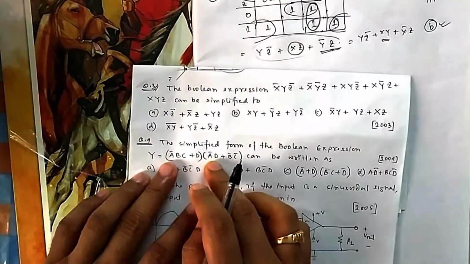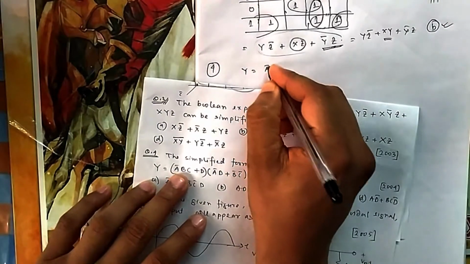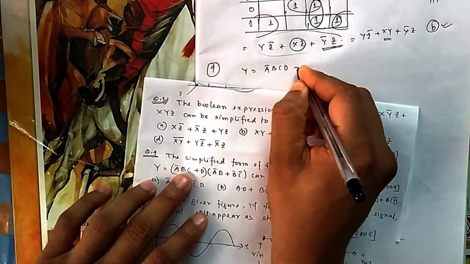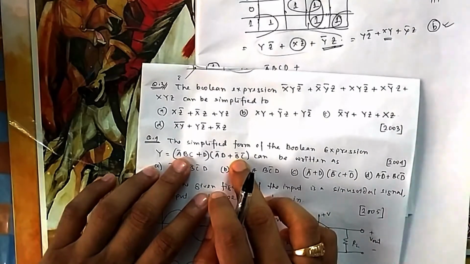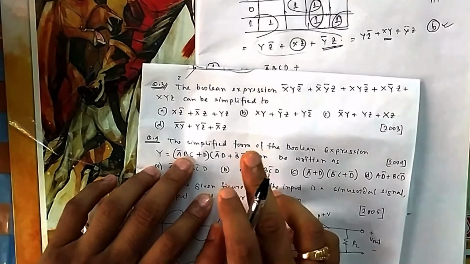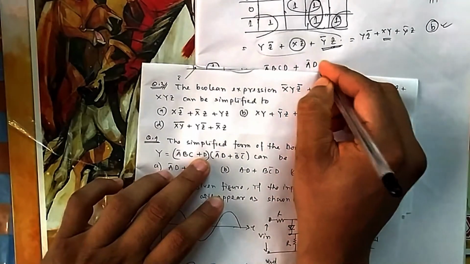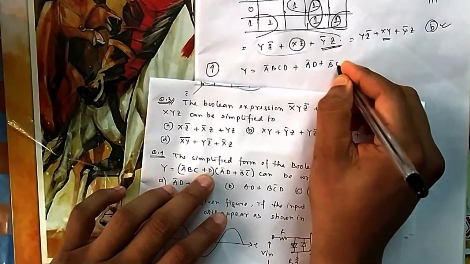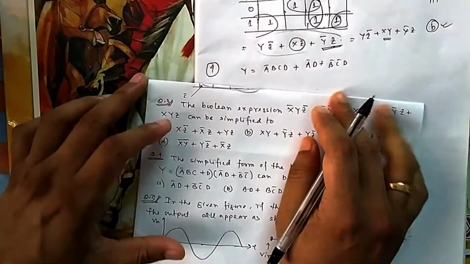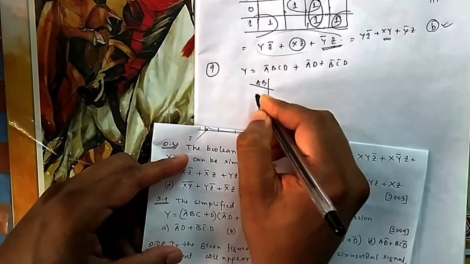First I have to take the product and then simplify it. So if you take the product, the first one will be A bar, B, C, D, then plus. Then if you multiply this and this, you can see B and B bar will be multiplied, so that will be 0, so no need to write. Now if you multiply this and this, that is A bar D, and if you multiply this, then it is B bar C bar D, B bar C bar D. So now you can put it there: A B C D, A B, and then C D.